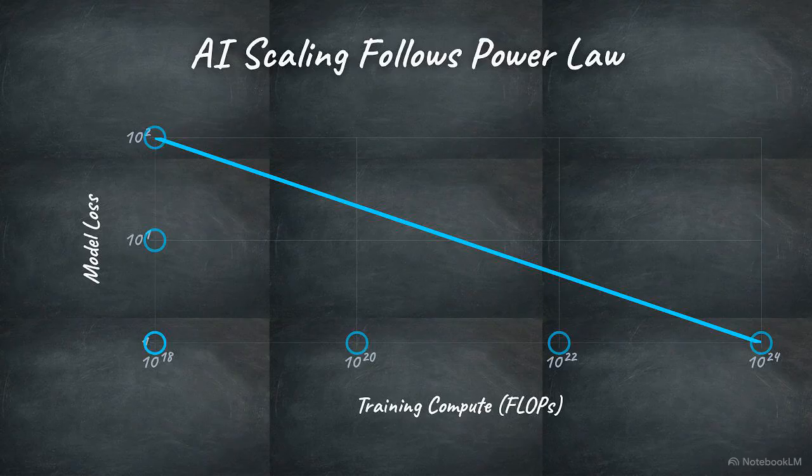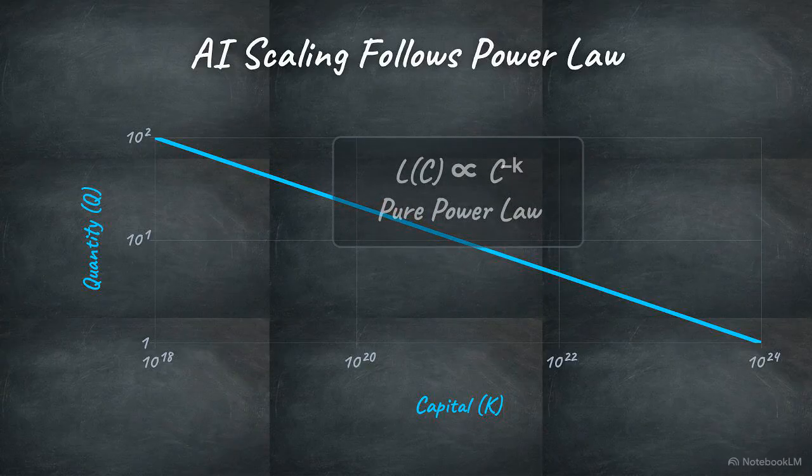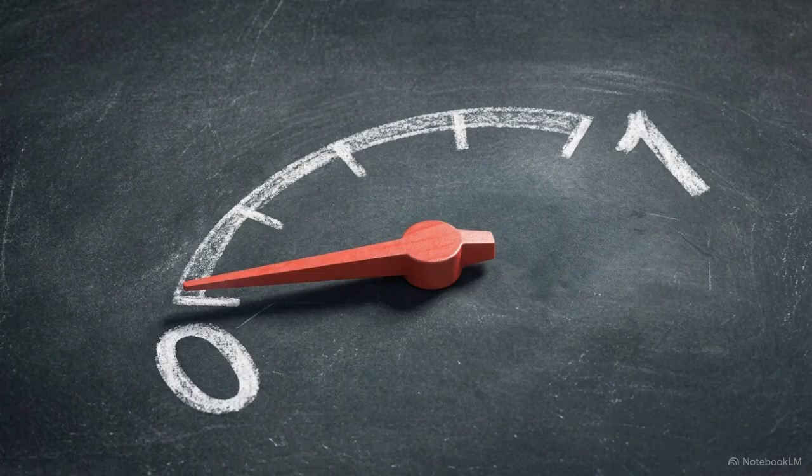We can map this directly back to our Cobb-Douglas production model. The compute acts as our primary input, and the reduction of loss serves as the proxy for our output. The mathematical scaling formula governing this straight line proves it is a pure power law. When we analyze the exponent parameter k for AI loss, it sits at a very small fractional value, typically between 0.05 and 0.2. It is significantly less than 1.